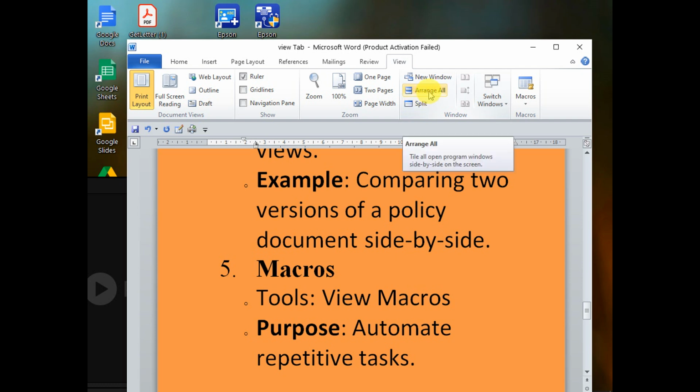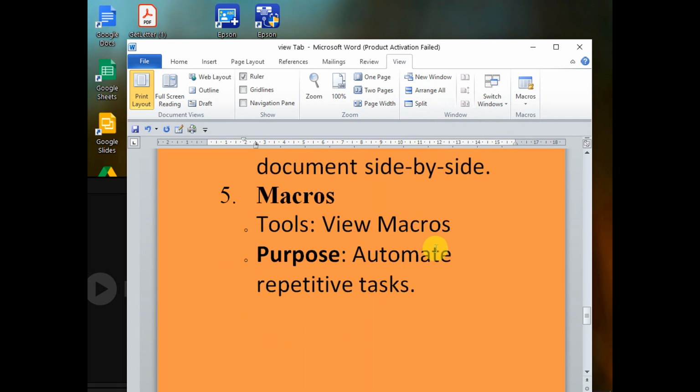Then now you tile all open program windows side by side. Then new window, open a new window containing a view of the current document.